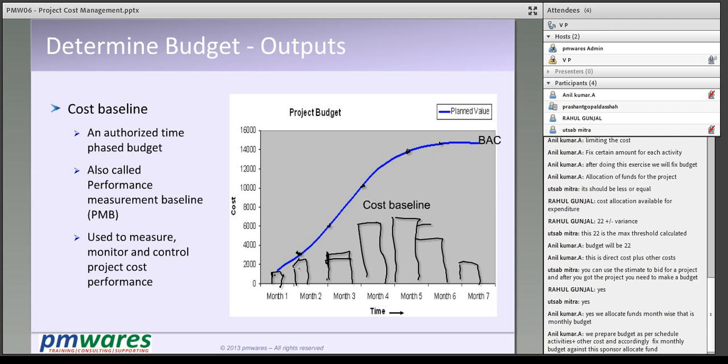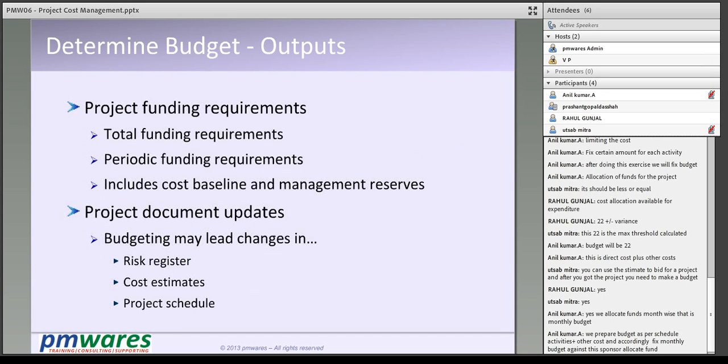and cumulative cost up to 7 months is this, which is called budget at completion. That is the project budget, the total budget for the project, or you can say the total allocation for the project. And this we freeze, so we know every month how much we are going to spend, and every month how much total we will spend, right? And this will take us to the project fund requirement. So we will give how much fund we need at what time to procure the resources.